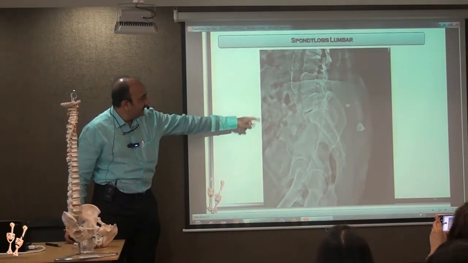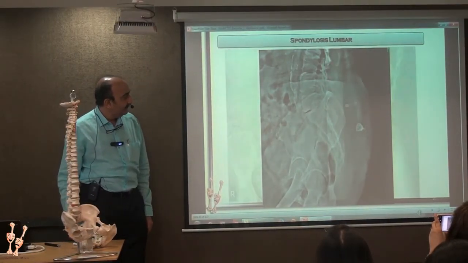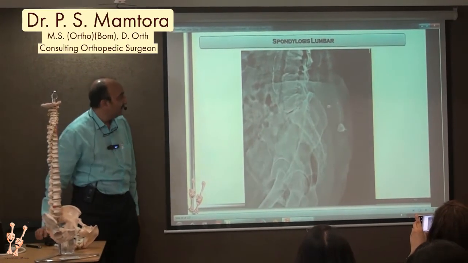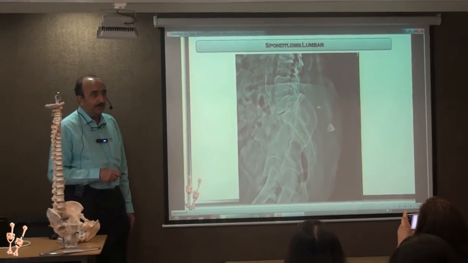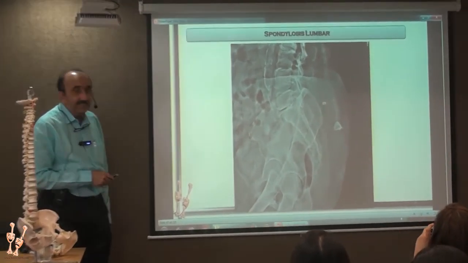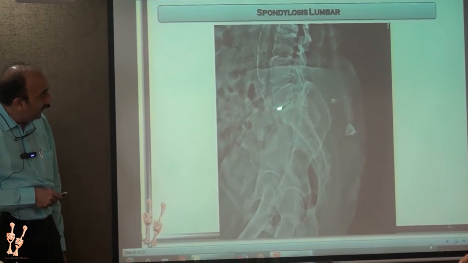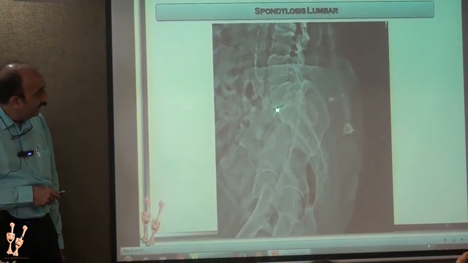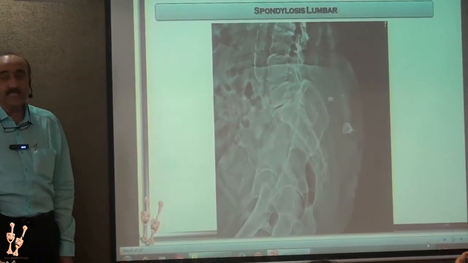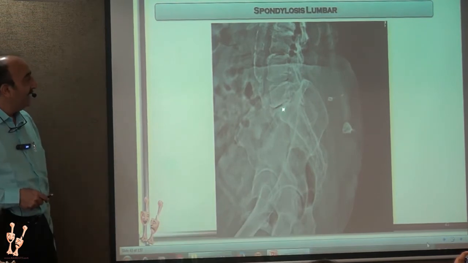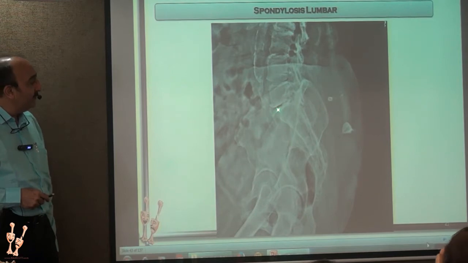Same thing, disc degeneration. Vacuum phenomenon, yeah, okay, vacuum phenomenon. So that's a good point. On plain X-rays, if the degeneration is very severe, you will find a radiolucent zone. That is known as the vacuum phenomenon. It is an indicator of severity of disc degeneration. And if you take flexion extension views, you can find in flexion this guy going behind and in extension this guy going in front.